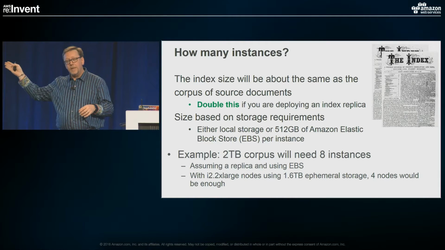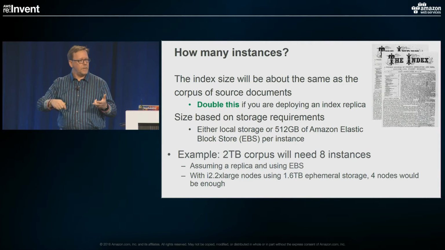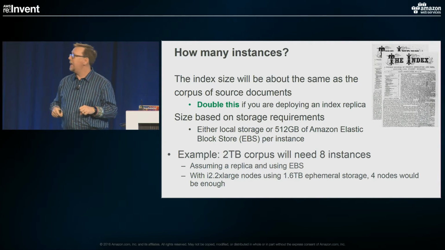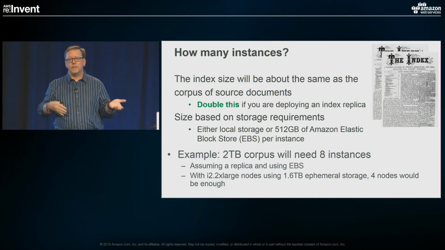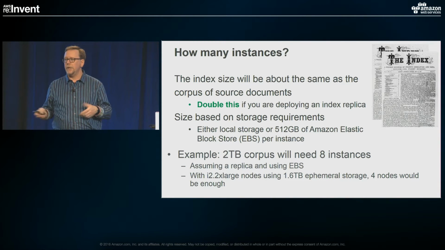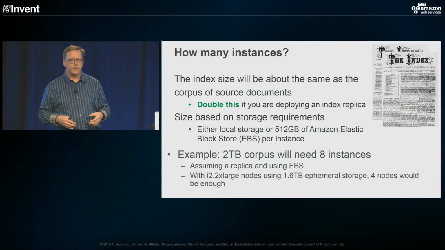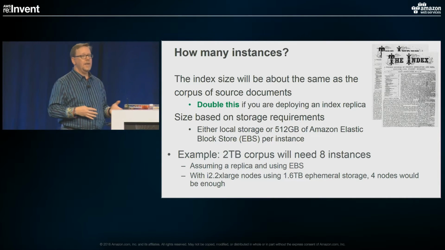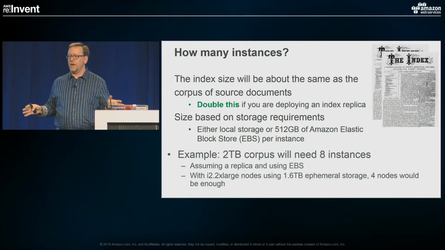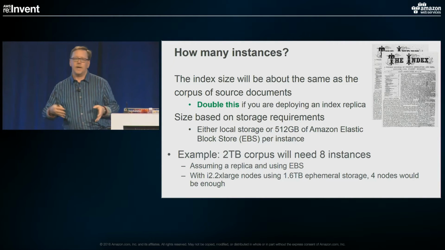So if we're replicating, we need to store it again. So we double, right? And then we figure out how many instances based on how much storage we need. If I have, for example, a 2 terabyte corpus, we figure, okay, that's about 4 terabytes of index. And we need to store that 4 terabytes. If I have, say, 512 gigabytes per node, I need 8 nodes. Pretty simple. It's an easy place to start. It's not the whole picture by a long stretch, but to get yourself started, that's kind of where you want to